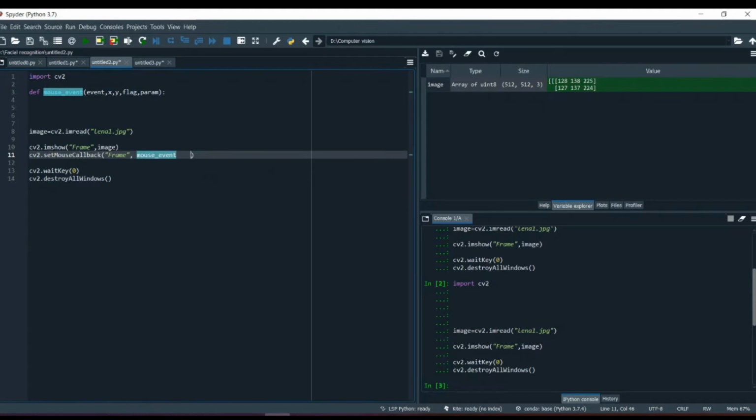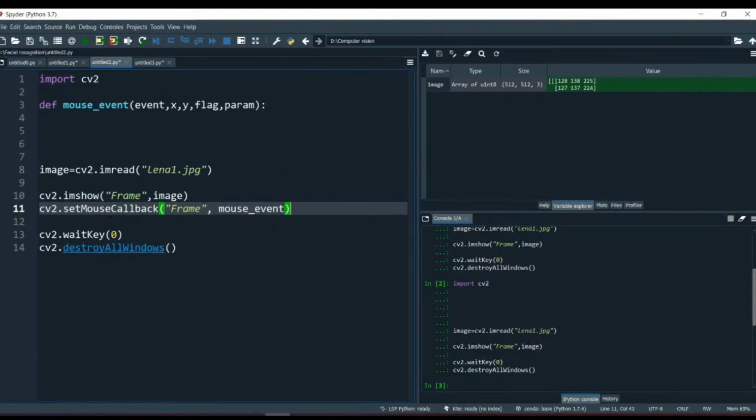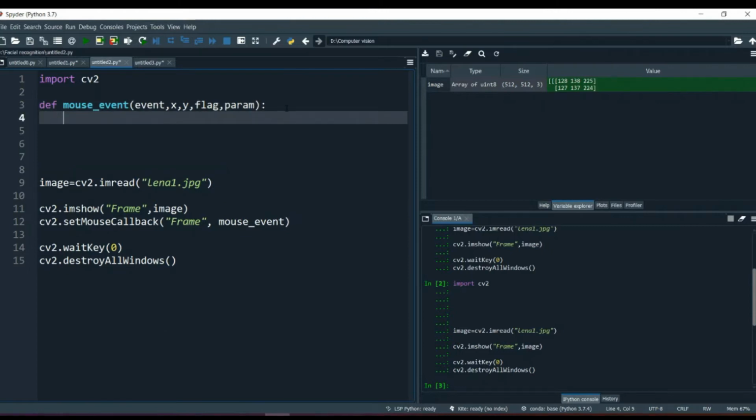Okay, you don't need to put parentheses in this. It's a special function, and let me zoom in a bit so that you can see it clearly. So now this is our function. We have created our function. Now here we're gonna write if